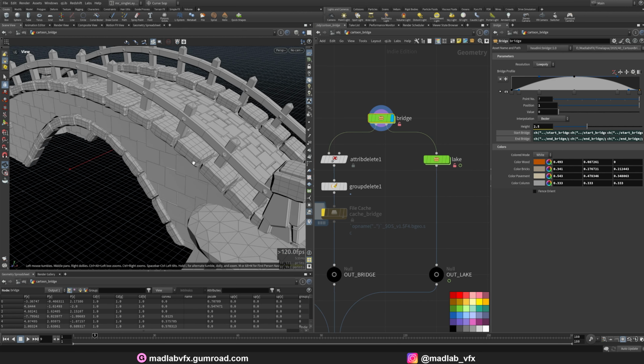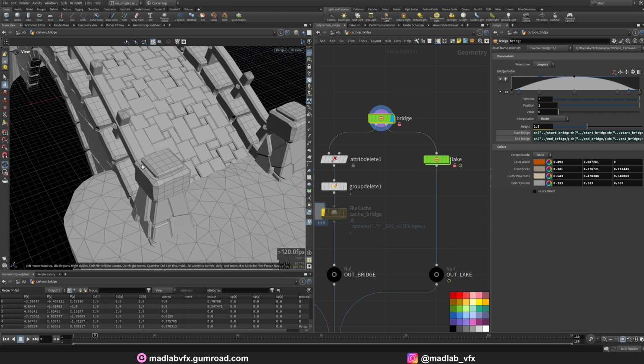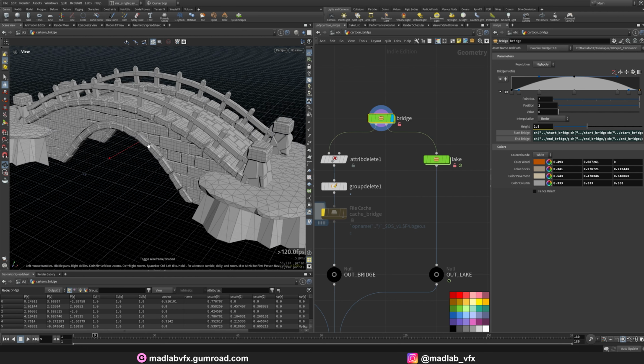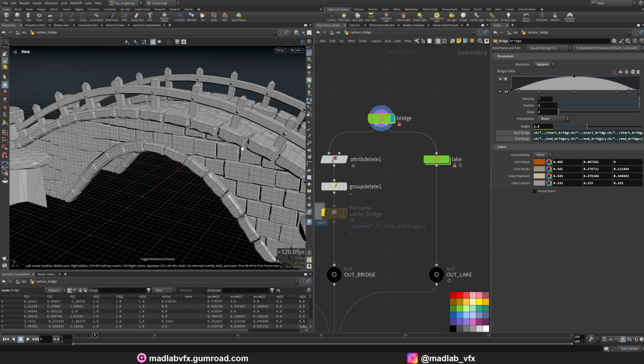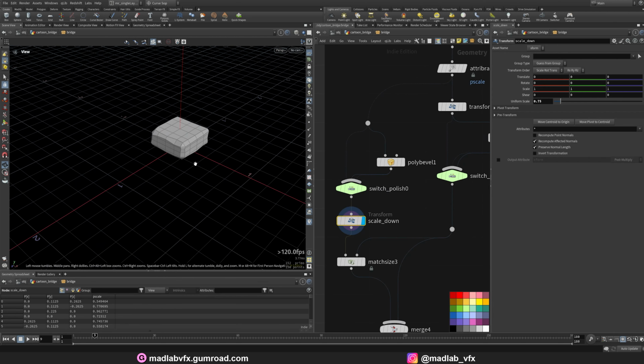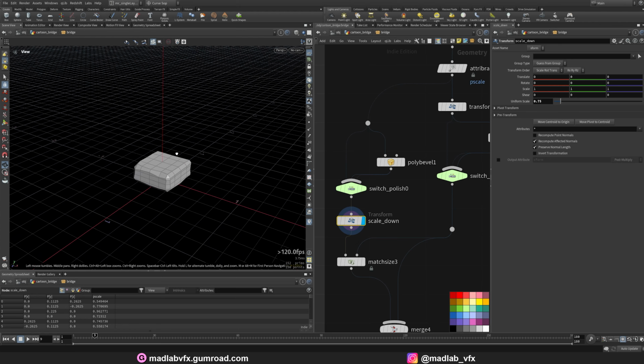Low poly, you can see the divisions here. And the high poly. High poly, you can see even the brick details here. Let's dive inside again. I scale down this brick here